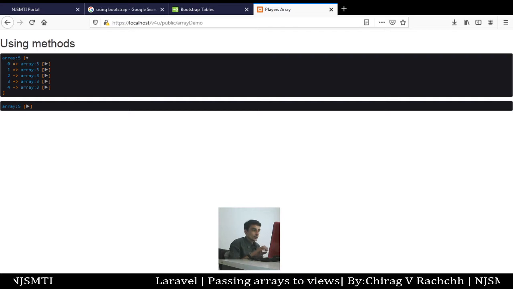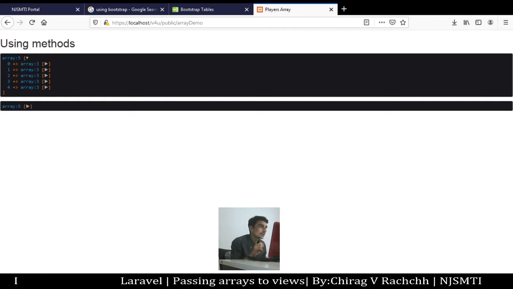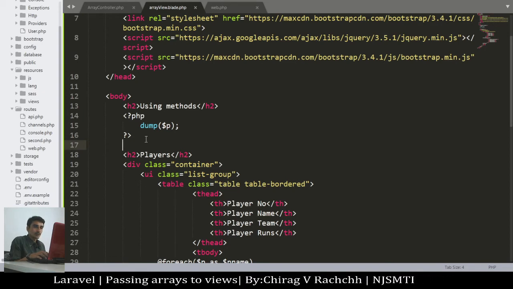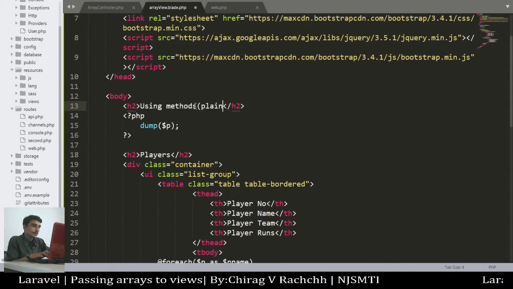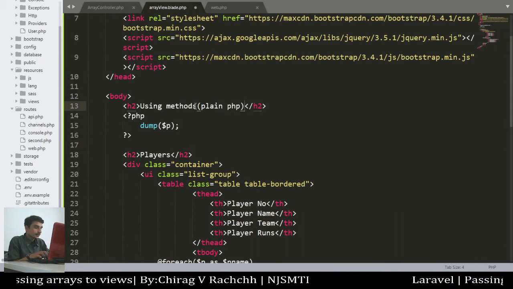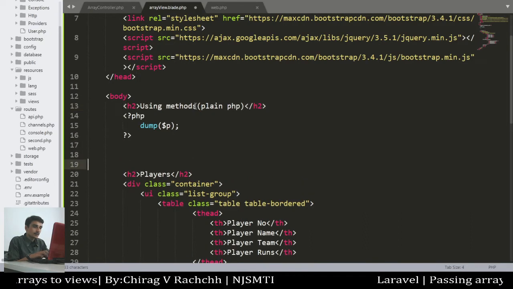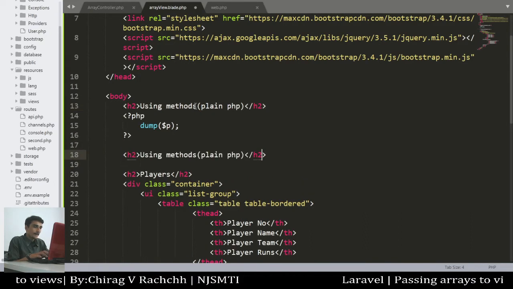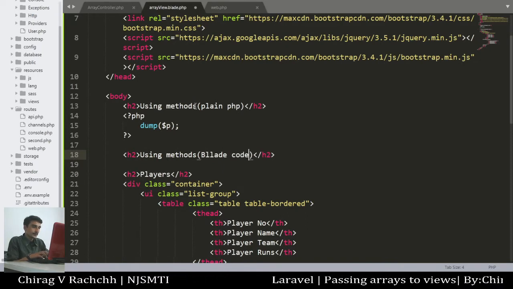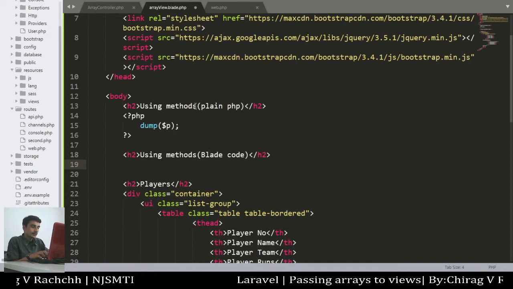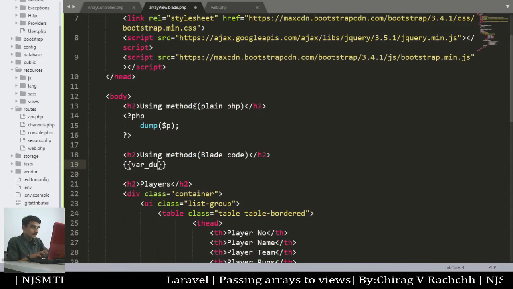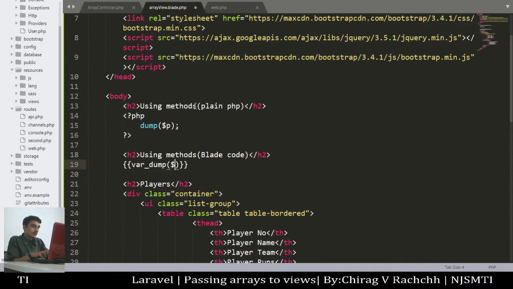We can also do the same thing by using Laravel Blade engine code. Let's go back. See here, this is the code that we have used and it is plain PHP code. Again, Blade code. Here we will write @dump($p).